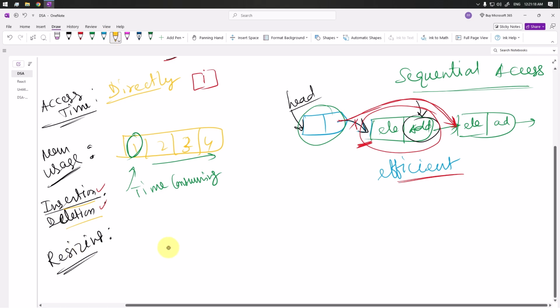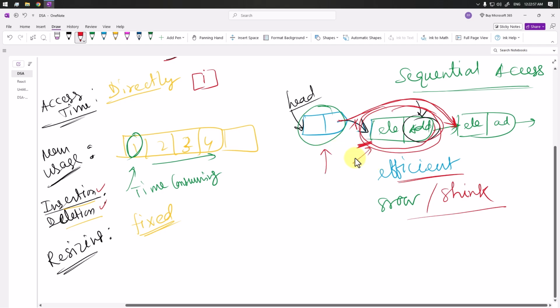Resizing. In case of resizing, arrays are much slower. Because arrays come with a fixed size, if we wanted to resize the array, we have to relocate all the elements, which is time consuming. But in case of linked list, we can easily grow the size of the linked list. Simply we have to add one new node, and also we can easily shrink the linked list. We just have to remove one node from the linked list, because insertion and deletion of nodes is faster